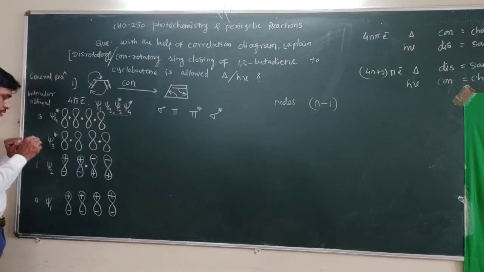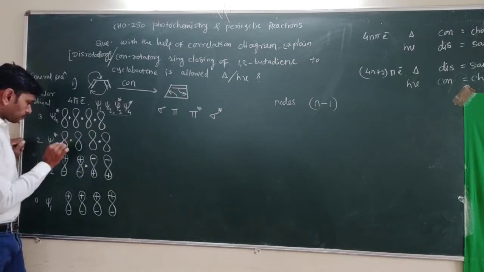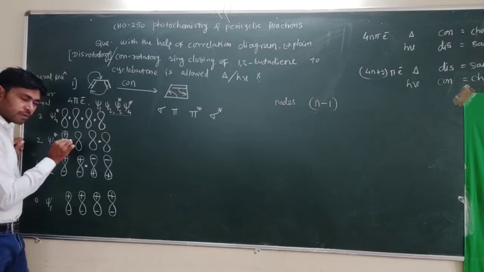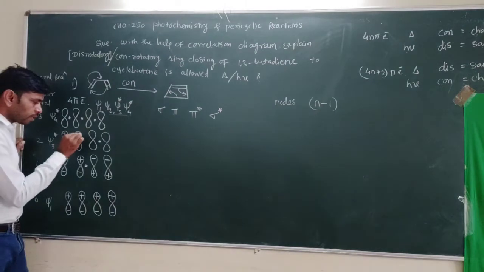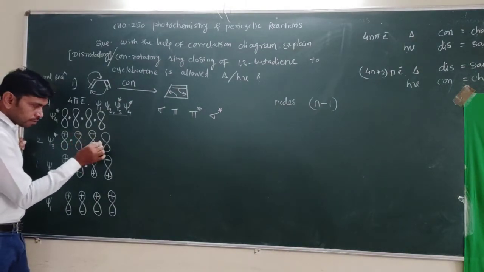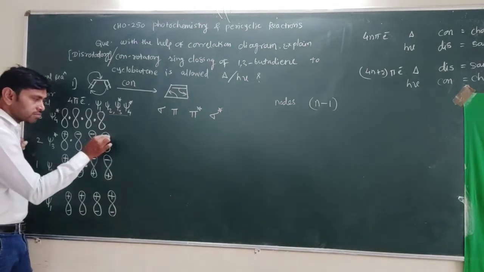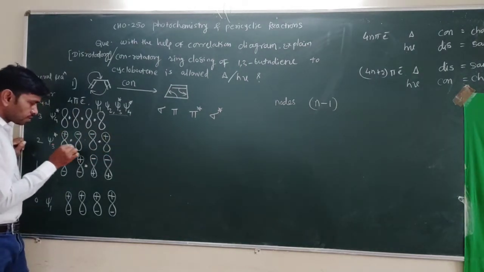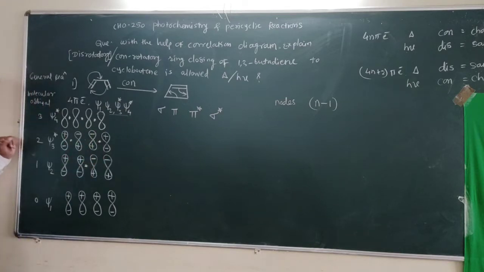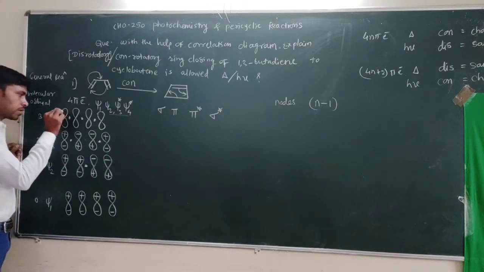Now see the third orbital here. Start with plus. Then after the node it changes to minus. Here there is no node, so minus as it is. Again a node, and the minus becomes plus. So the remaining signs are placed here. And in this case, start with plus.